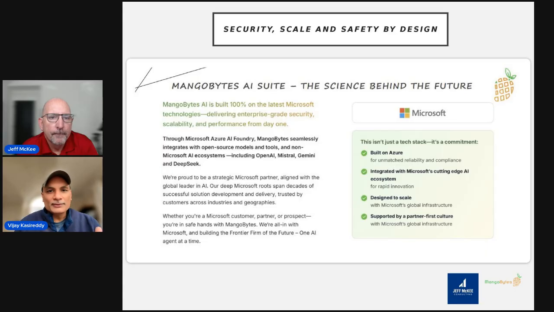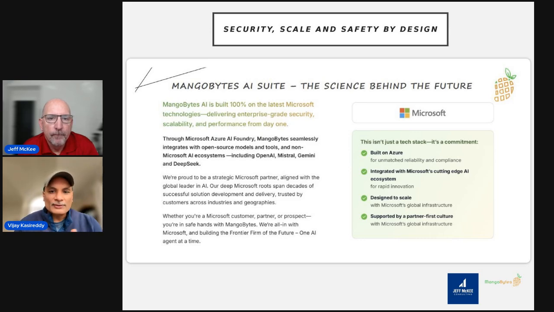For all of these companies and assets, AI is not an experiment, but rather mission critical infrastructure. That's why from day one, MangoBytes AI was designed around three non-negotiables: enterprise grade security by default, scale by design, and safety at every layer. And we'll talk about each one of these as we go through it.